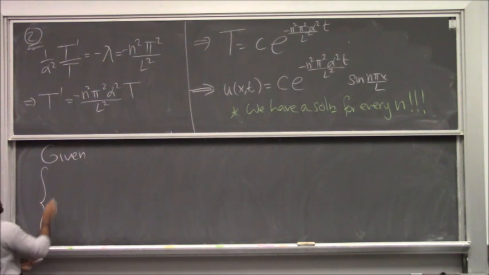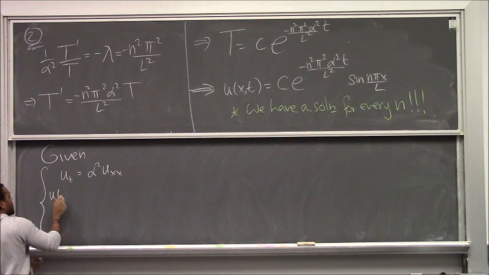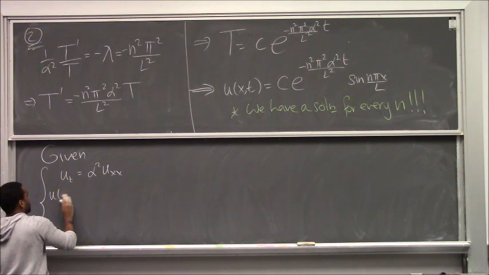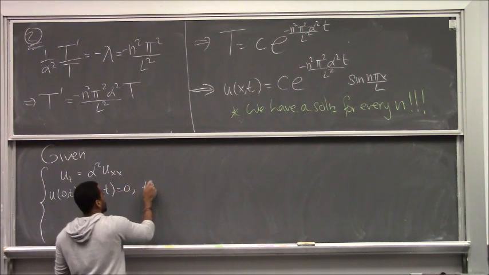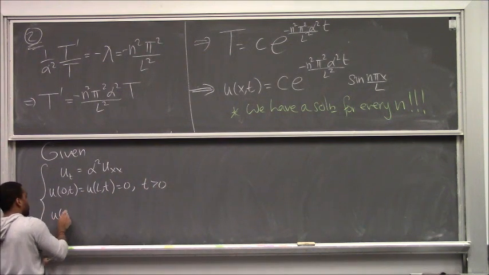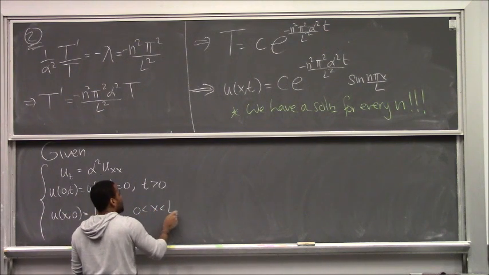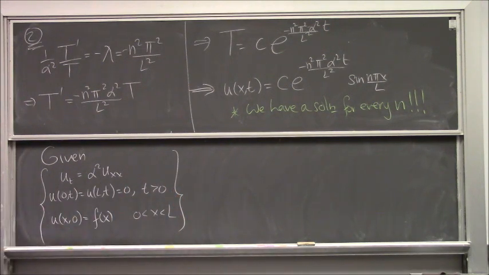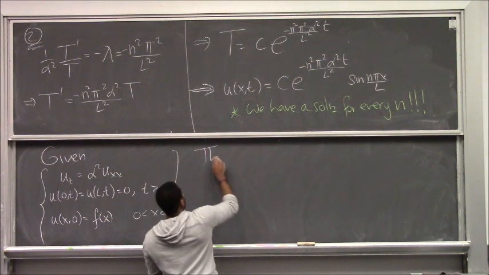this problem, u_t equals alpha squared u_xx, you're also told that u(0,t) equals u(L,t) equals 0 for all t greater than 0, and you're given that u(x,0) equals f(x) for all x between 0 and L. Here alpha squared is your thermal diffusivity constant, which depends on the material you're looking at, because it depends on its specific heat, its density, and its heat conduction capabilities. So given that situation, the solution is given by